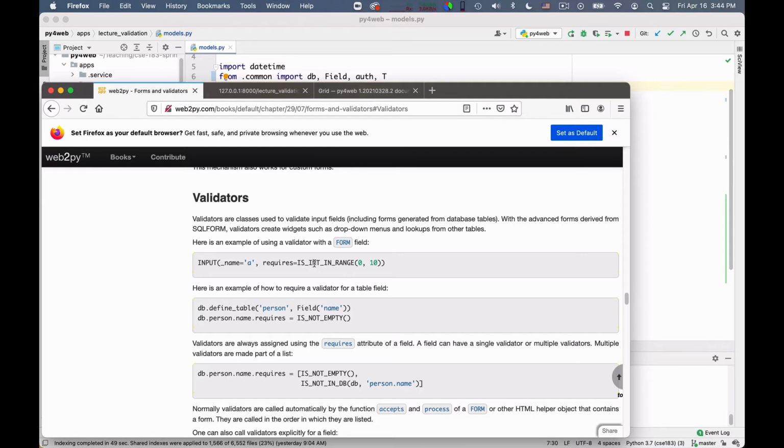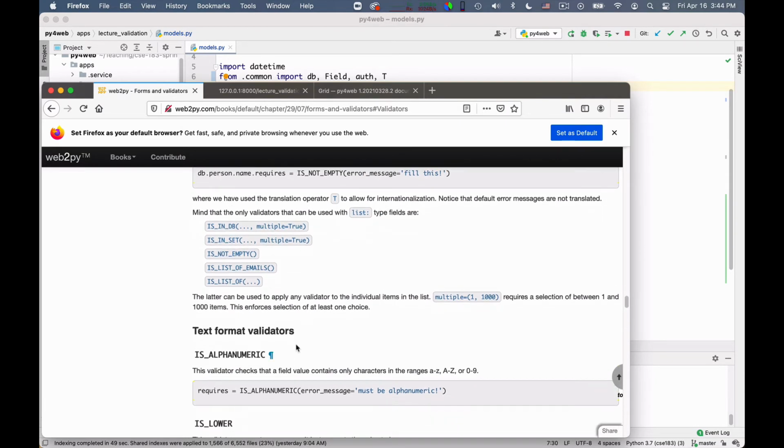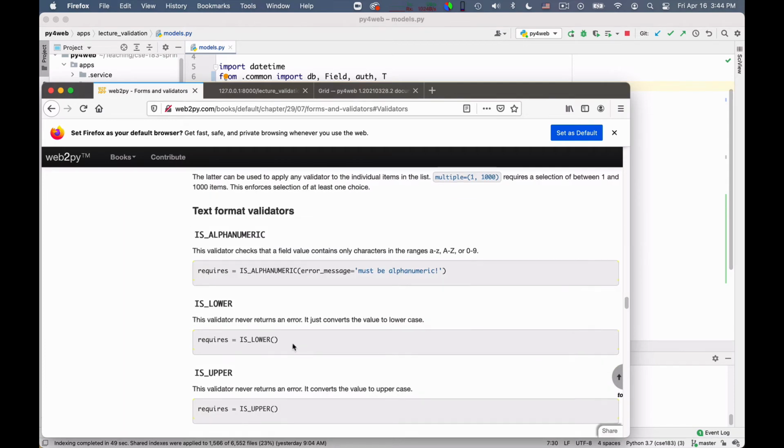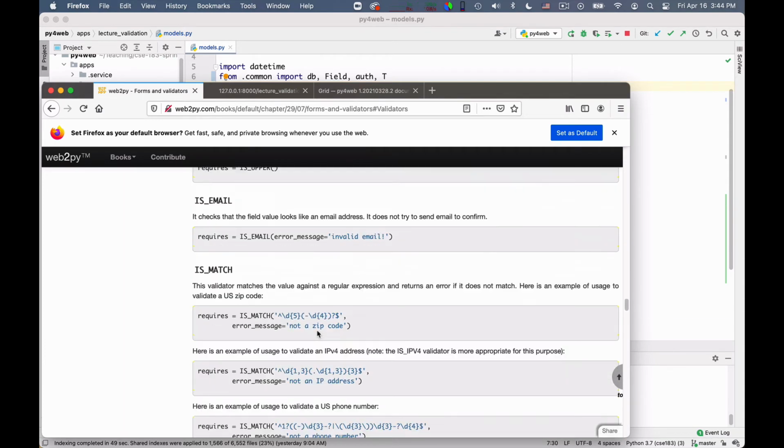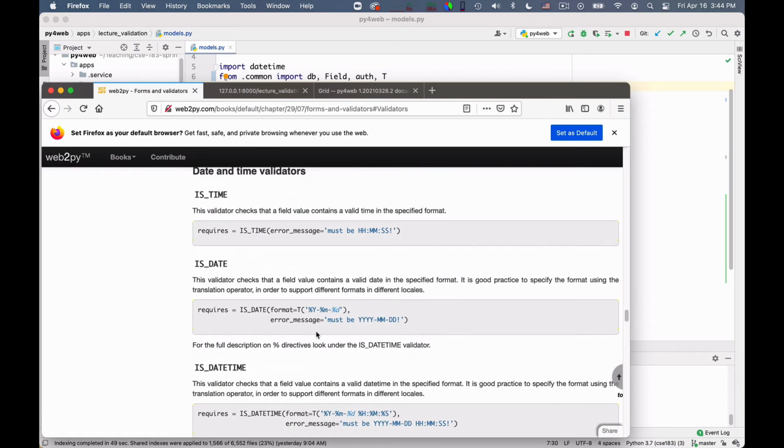You can ask for integers or floating point to be in a certain range, fields to be non-empty, emails to be properly formatted, things to be in lower or uppercase. There is a whole bunch of them that enable you to enforce many conditions. If none of them fits, you can look at how they are defined, and it's actually quite easy to define your own validators for your own purpose.